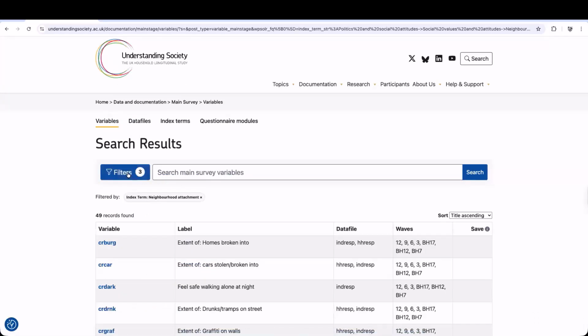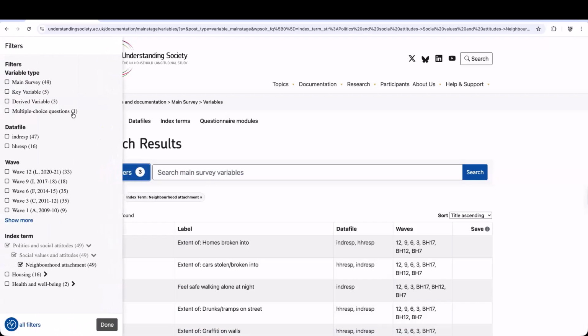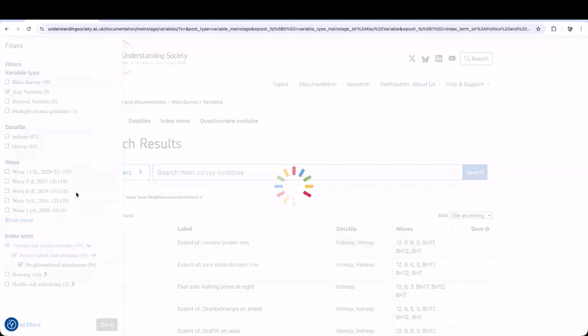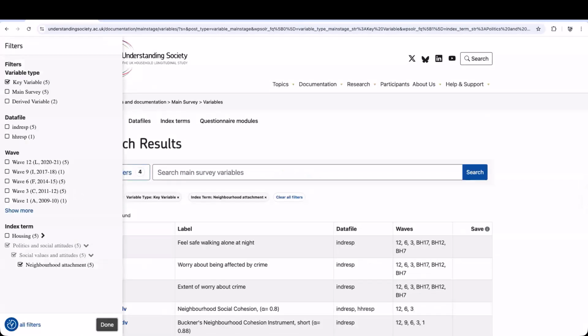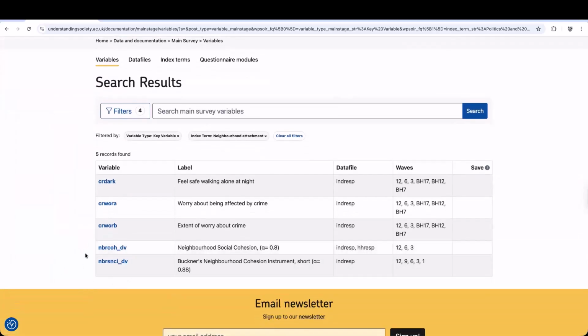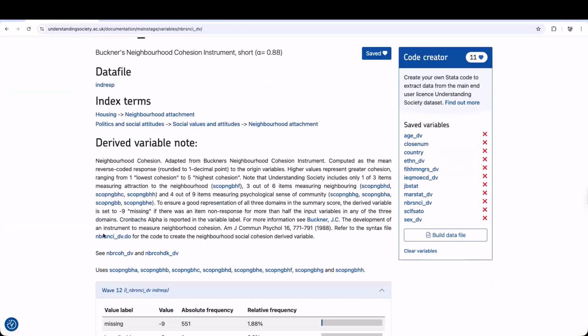And then you click filter to narrow your search, and then key variables. Then you will find the same ones. So there are two different ways to reach the same variable. You can see here that we have 11 variables that we already saved